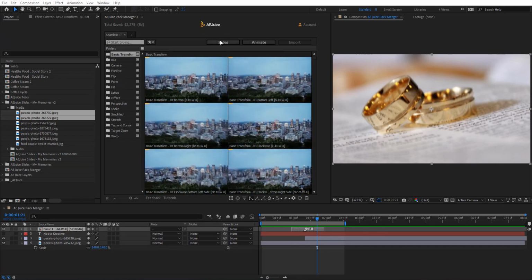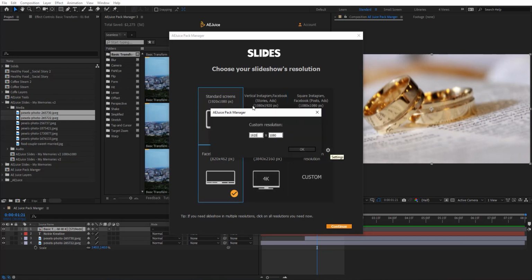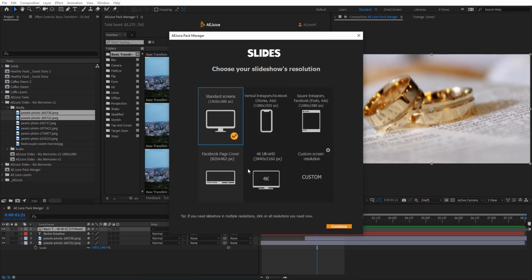So we have slides here, and with these slides you can basically create slides in no time without placeholders. So it saves you a lot of time, and it also lets you select what resolution you want. You can select all of them if you want to, and you can even use a custom size here. So let's say I just want to choose maybe this standard one here and just continue.